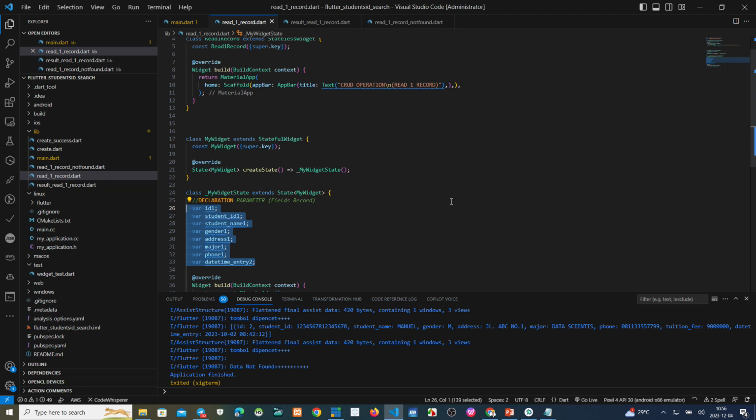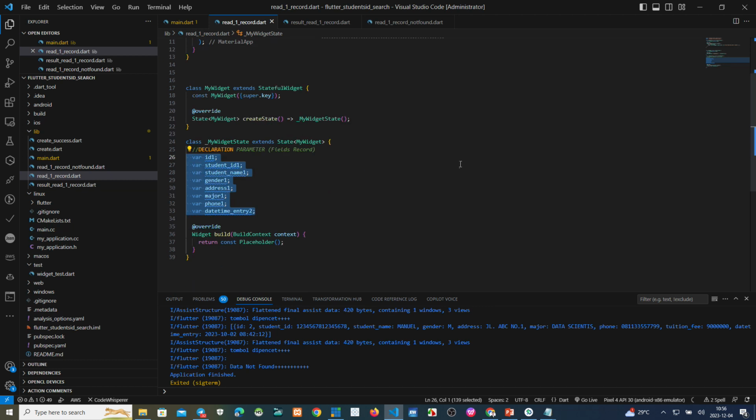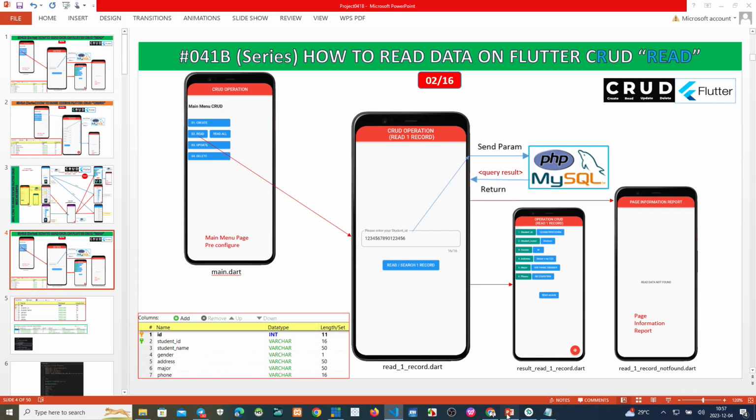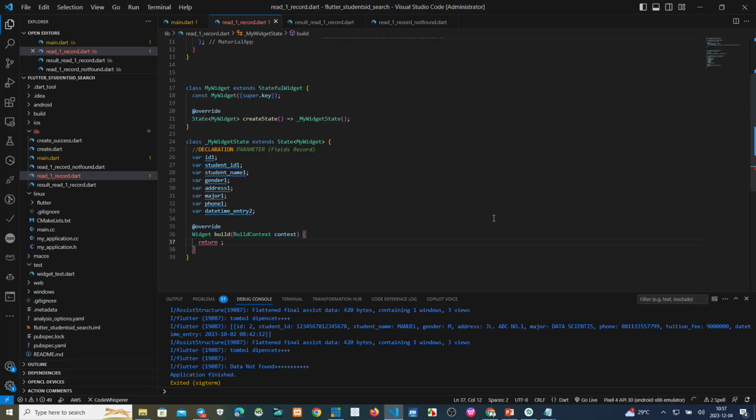We make a declaration first. So after that, now this one returns to make this text field and also the button here. Okay, we make scaffold.